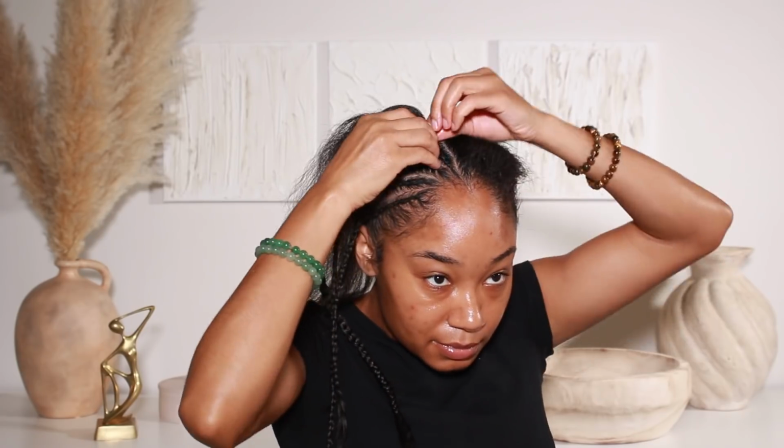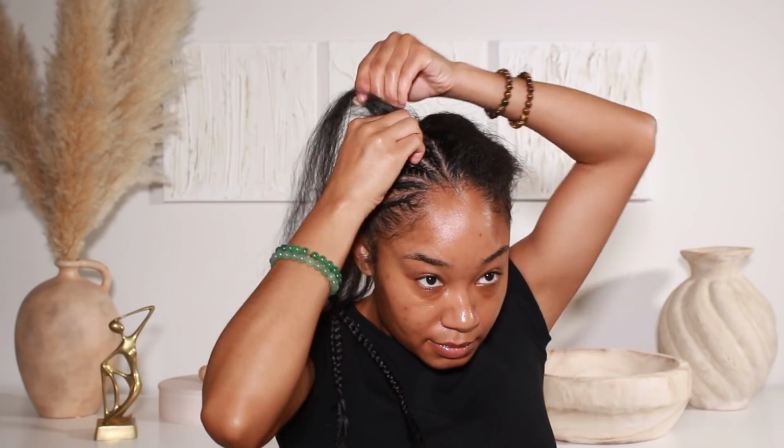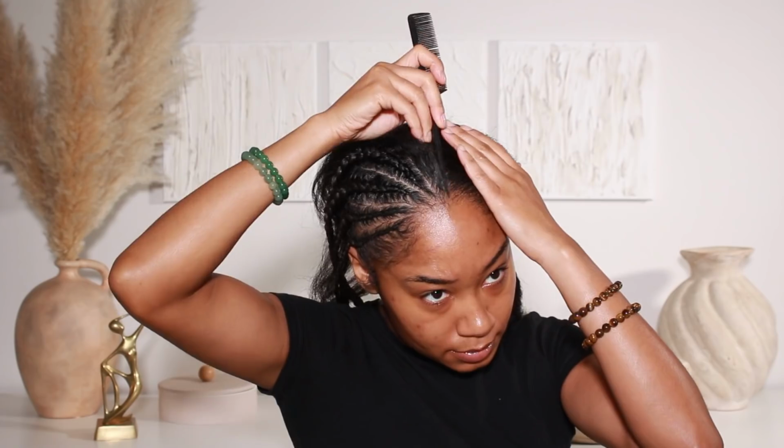I also did a feed-in style situation because I knew that I wanted to extend this hair to match the length of the wig that we're going to be installing in the back. I tried to feed in some braiding hair as I was going along to make the braids a little bit longer. I'm definitely not the best hair braider, but I'm really proud of these braids